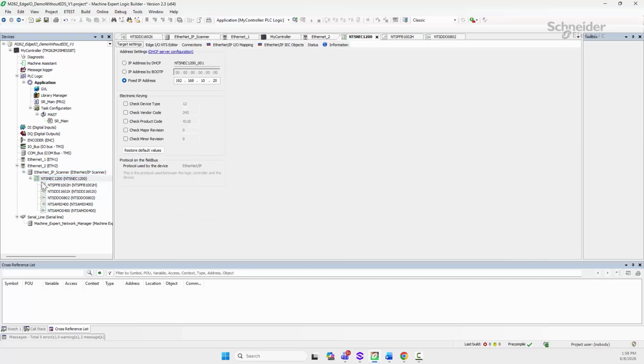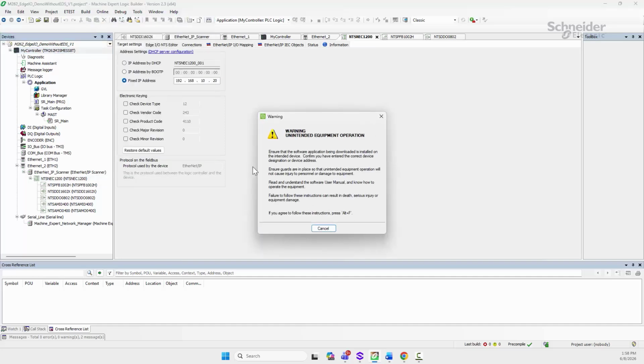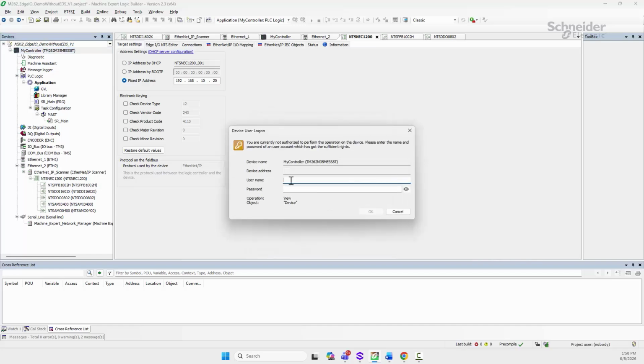Once that's done, you want to click on the NIM module. In this case, I'm using a fixed IP address, so this is the fixed IP address that we set up in the previous step. So if I go online with this controller right now,